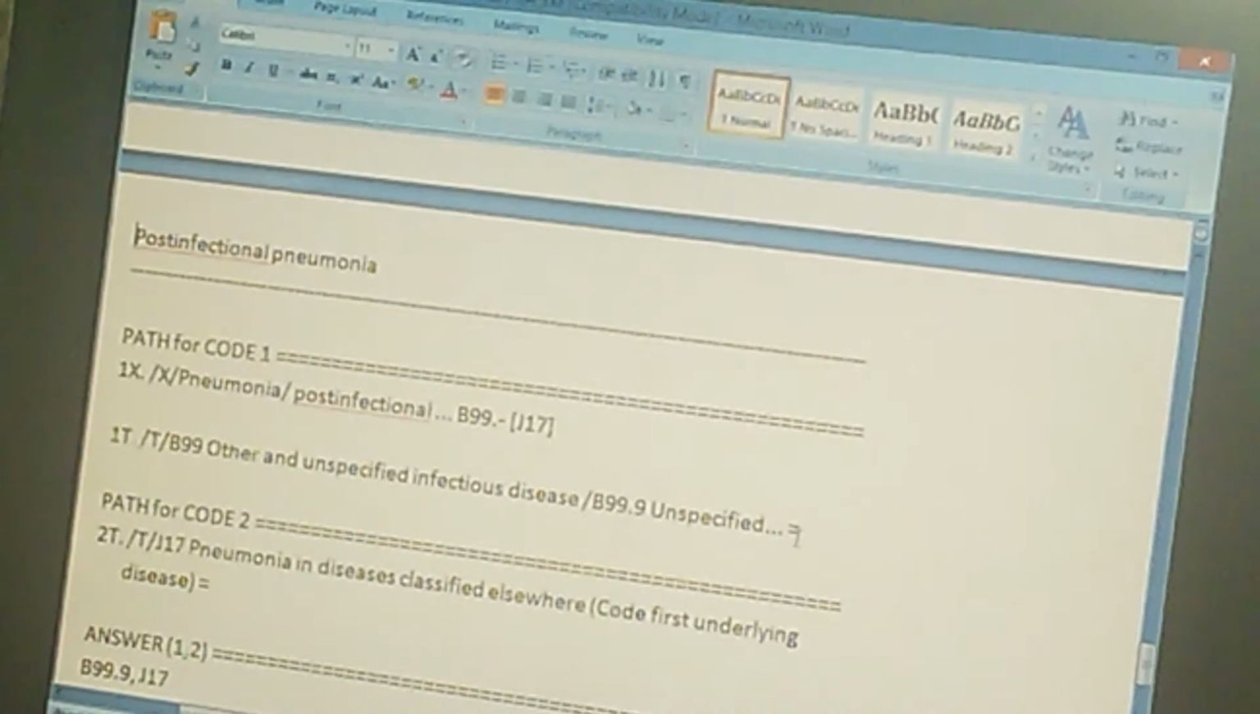Now let's check in the tabular for the second code. So the code 2 tabular is, you go to tabular. Then you go to J17, which is the first 3 characters. And what do you have there? Pneumonia in diseases classified elsewhere. And in parentheses, it gives you an extra instruction: code first underlying disease. And we have those already. The underlying disease is B99.9, and we're just checking the J17. So that's the answer. The equal sign means that's the checking. So the answer, again, that's how you find the answer, B99.9